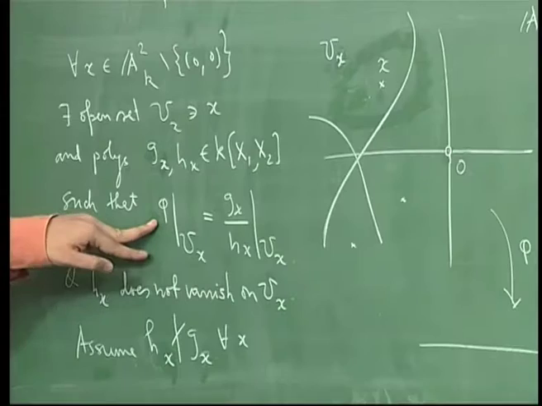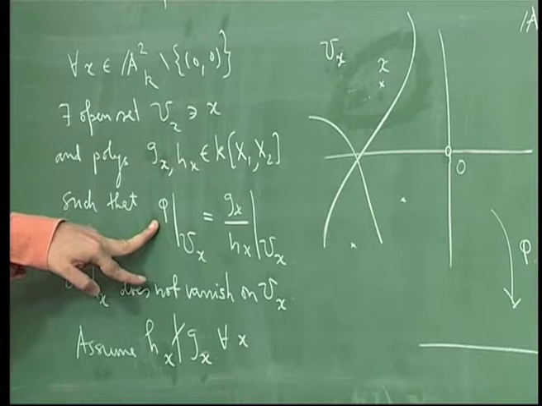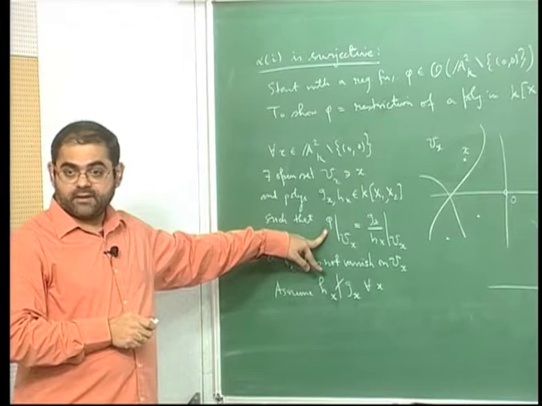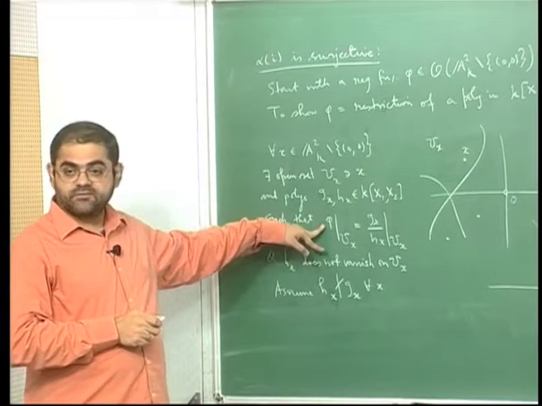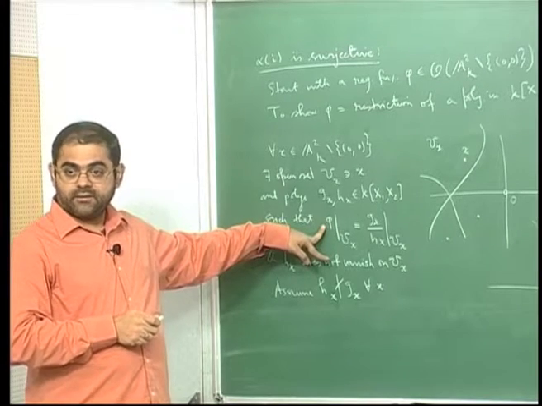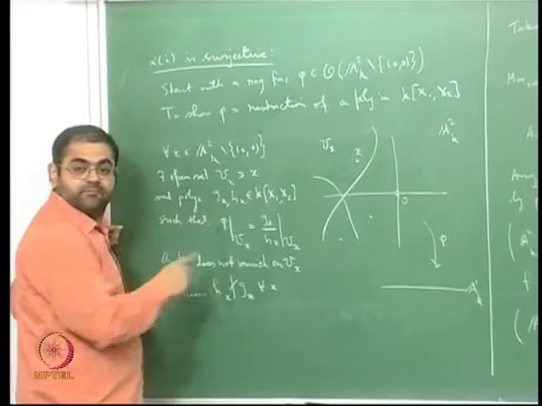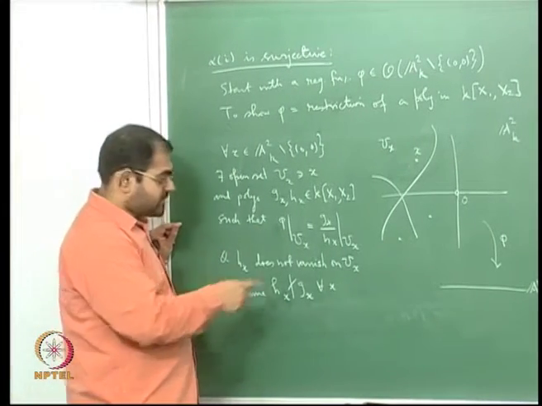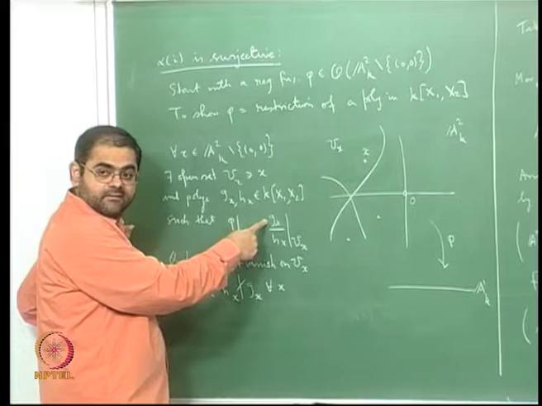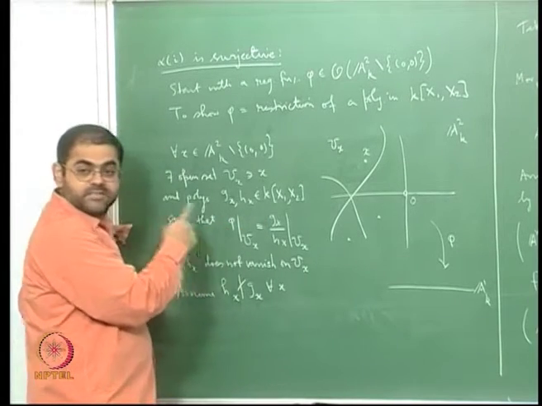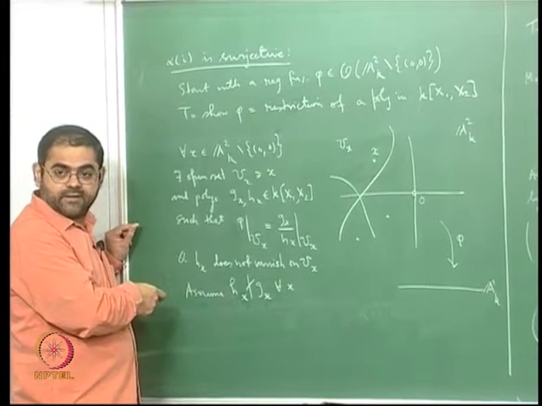only if phi does not come from a polynomial function, mind you, please understand. I have to prove phi comes from a polynomial function. In other words, I have to show phi is just the restriction of a polynomial. But if phi is a restriction of a polynomial, it will mean that h divides g. Conversely, if H divides G, then phi will be the restriction of a polynomial.